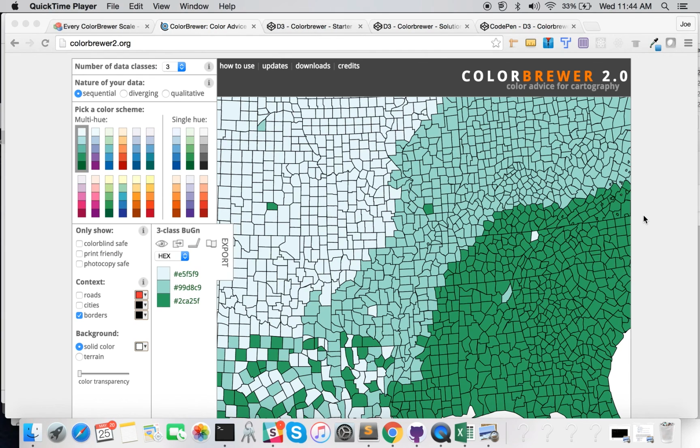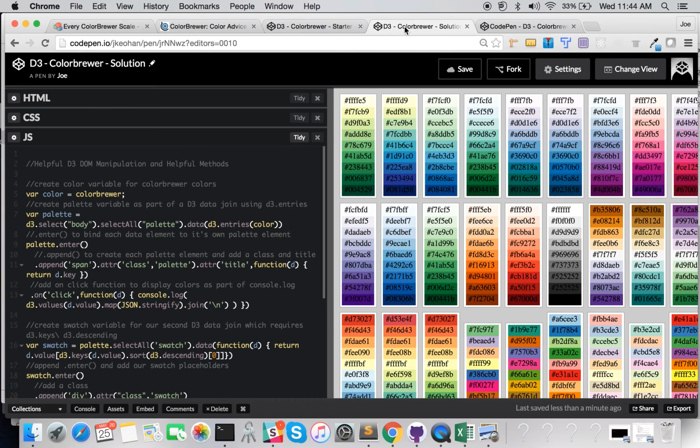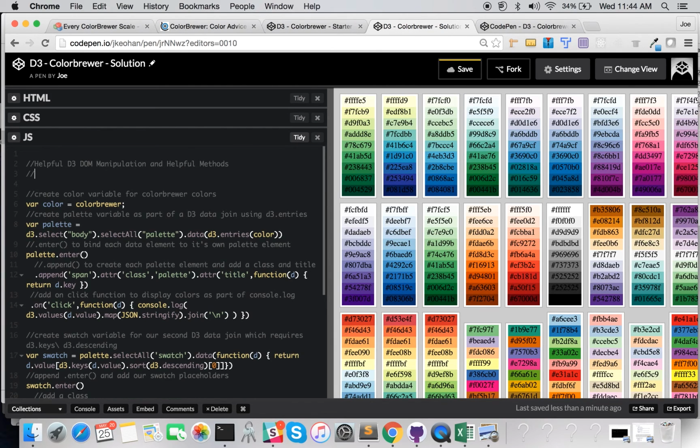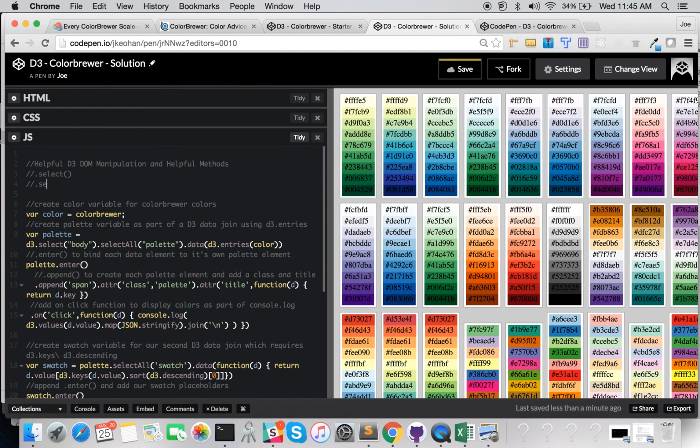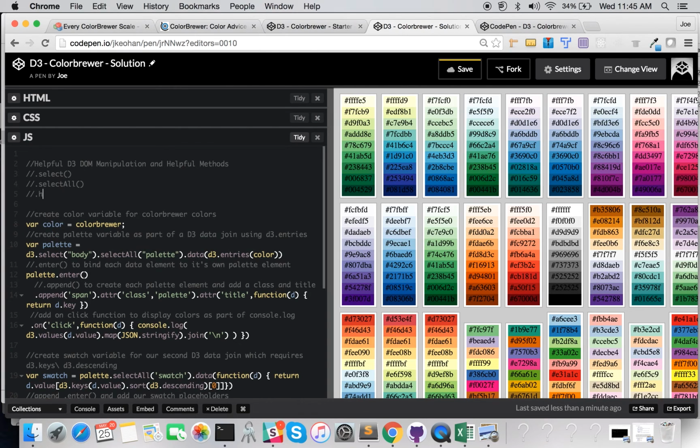So without diving any further into color theory, I'd like to focus our attention on the basic principles of DOM manipulation in D3, which, if you've used other libraries like jQuery, you're most likely familiar with. D3 specific, though, for us to grab an element, we would be using the select method. That would grab the first element of the one queried, but we could also grab all of the elements that are queried,